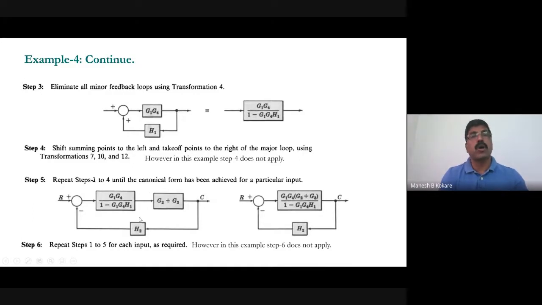You can reduce these 2 blocks into a single block, and then if you multiply Z1 Z4 by Z2 plus Z3, this into this divided by this denominator 1 minus Z1 Z4 H1, we are just taking the product of these 2 individual transfer functions. So these 2 blocks will be reduced into a single block having this transfer function, and now this H2 will be in a loop. See that output is common, but input is having a summing point. So this signal is from left to right, and this one is from right to left, right? Now you have to reduce into a single block, right?